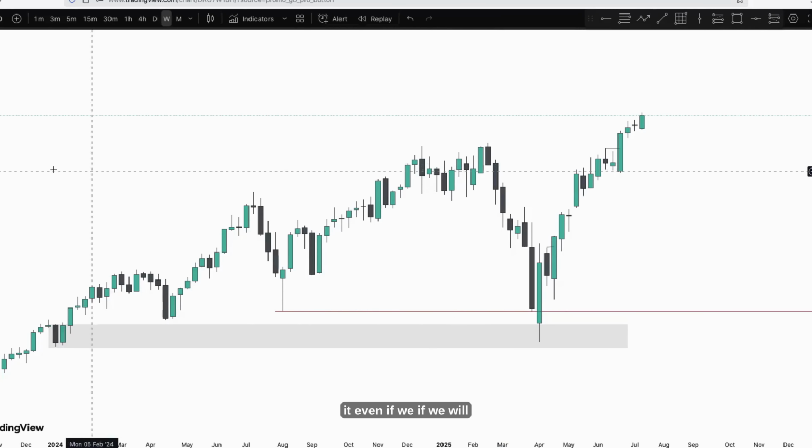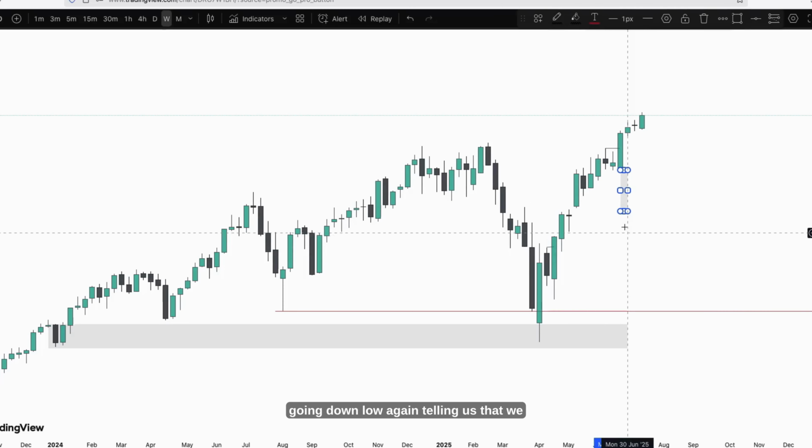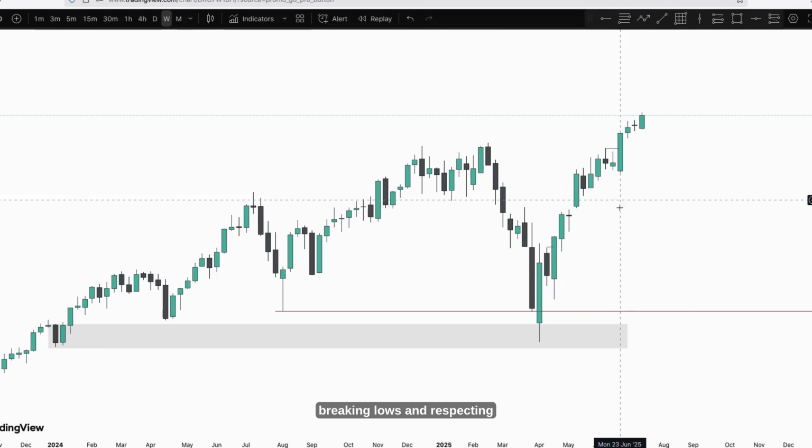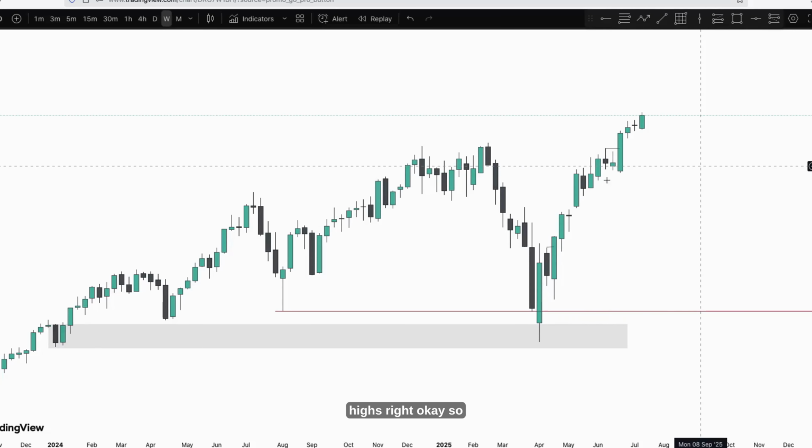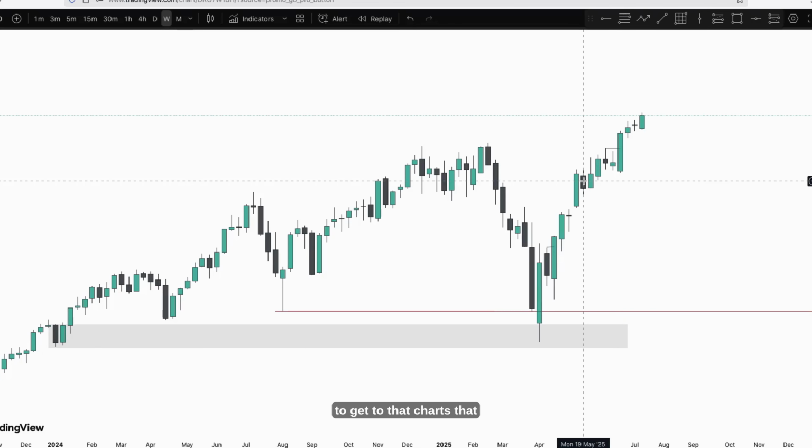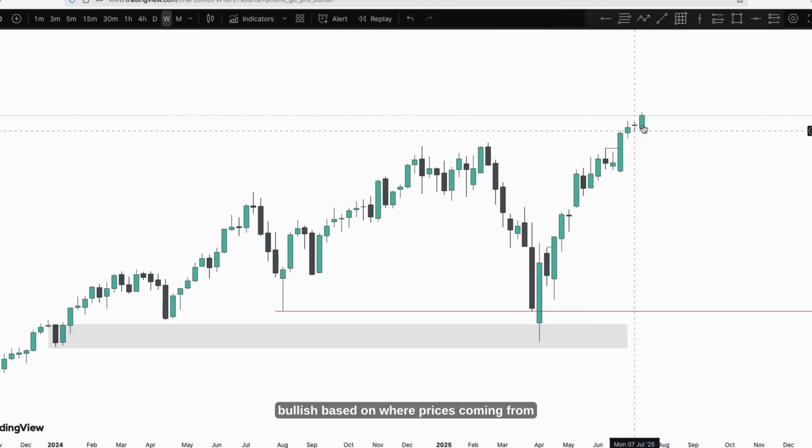Even if we're gonna reverse from it, we expect to get those candles going down lower again, telling us that we're breaking lows and respecting highs, right? Okay, so to get to that chart that I showed you just now, knowing that we are bullish